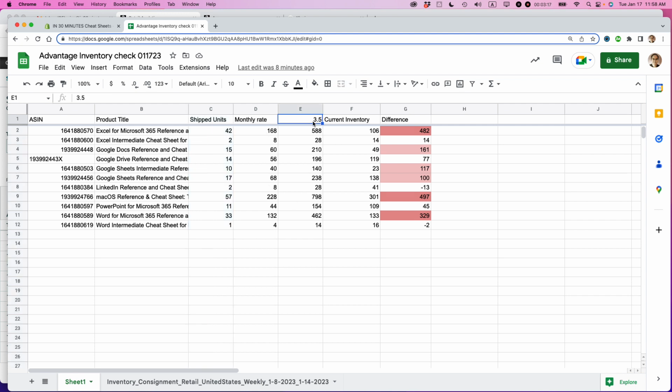And then I use this number, 3.5. Basically what this number means is 3.5 months of supply. That's the maximum number I ever want to have in Amazon Advantage for any one of the ISBNs that I have. And this is from lots of experience, because in the past sometimes Amazon Advantage has asked for something like